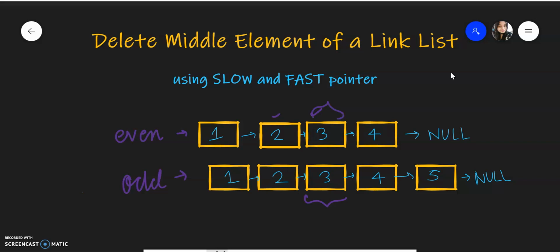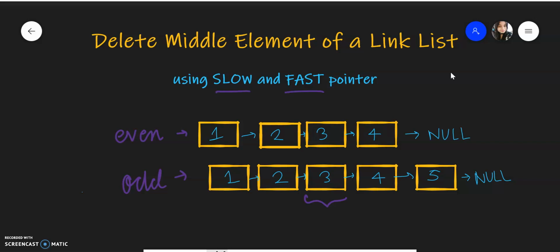For example, these are 2, so the later one. So this is the problem statement. Now this becomes interesting because in a linked list we can traverse it only once. So how will you identify whether a node is a middle node or not, and once you have identified it, how will you delete it? For that we use something called a slow pointer and a fast pointer.